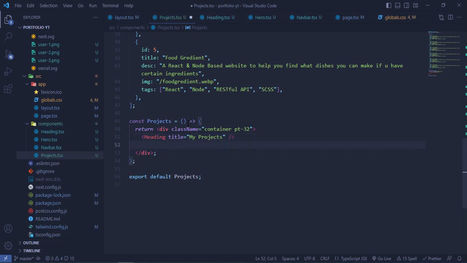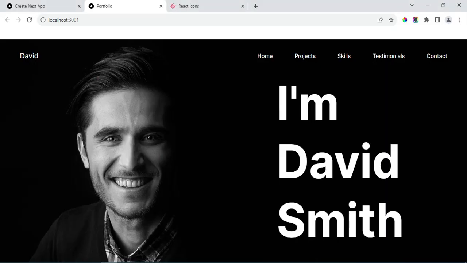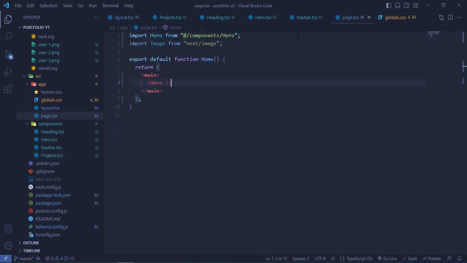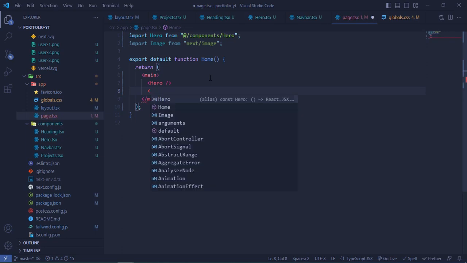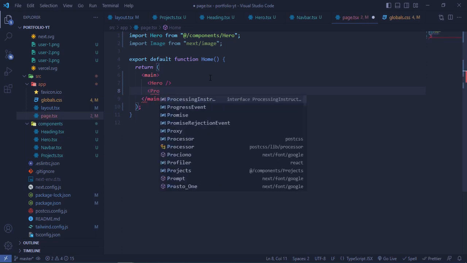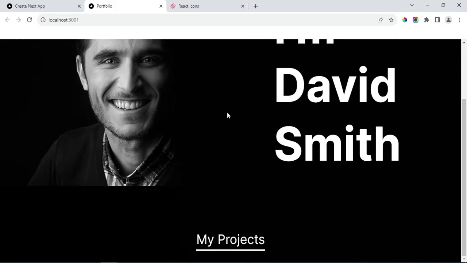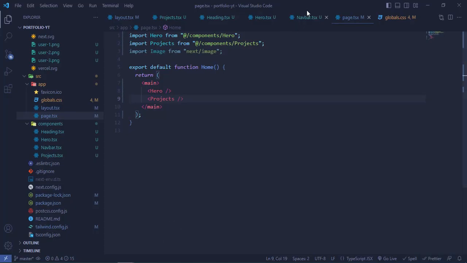then we will take a div. Let's see what we have right now. So let's wait for a while. Okay, so we are not rendering it, so we need to go back to the pages. Okay, and inside hero we are going to do projects. Okay, so let's go back. So we have this right now, my projects. Okay, so let's go back to the project component,